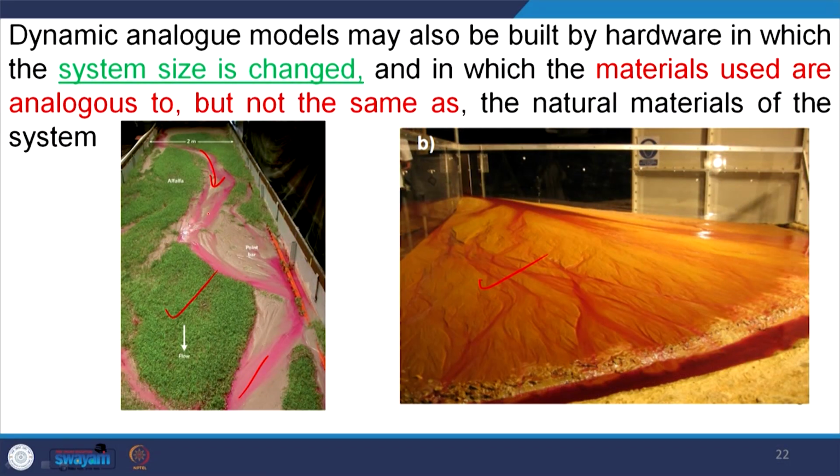In the river system somewhere there will be sidebars, there will be some ripples, there will be some dunes, whatever features are available in a fluvial system, these features will form. We increase water, we increase the velocity, we increase the slope. That means we can detect the changes, how the fluvial system is changing. Suppose for example we increase the slope, instead of this river system looking like a meandering system, it will create a braided system.